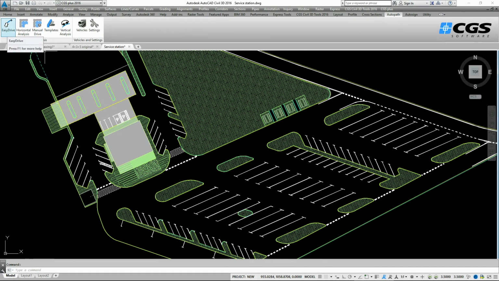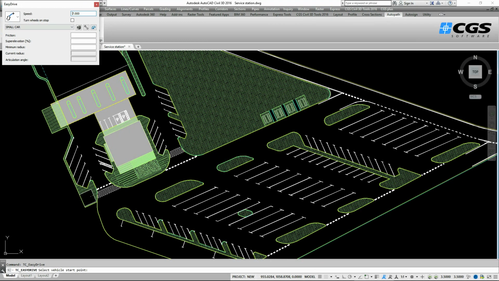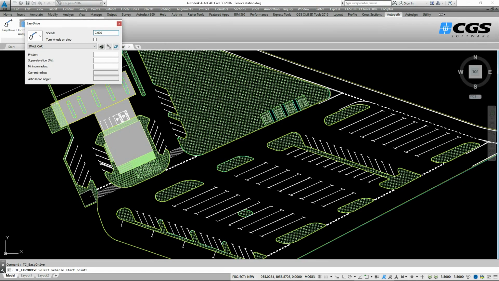So we will create a horizontal analysis with the easy drive method. So I have started the command, select the vehicle from the list. It's a special transport vehicle,